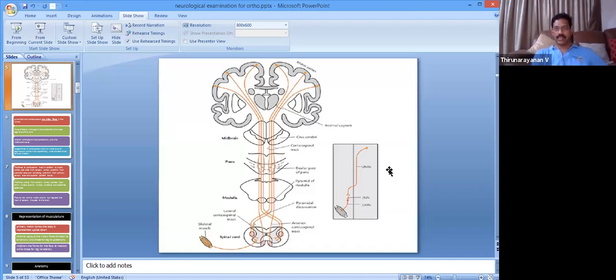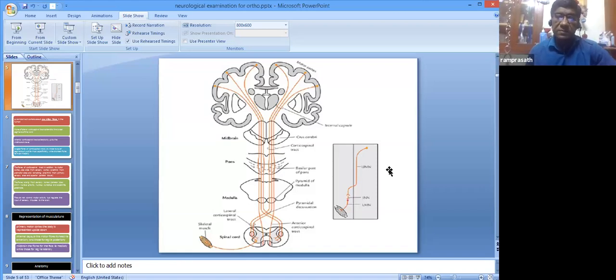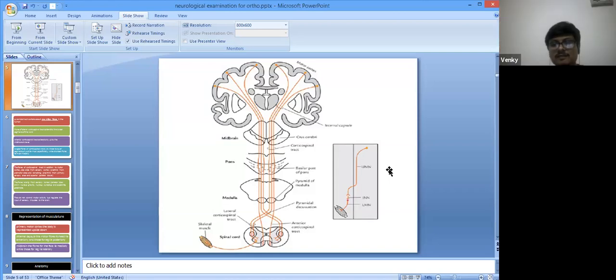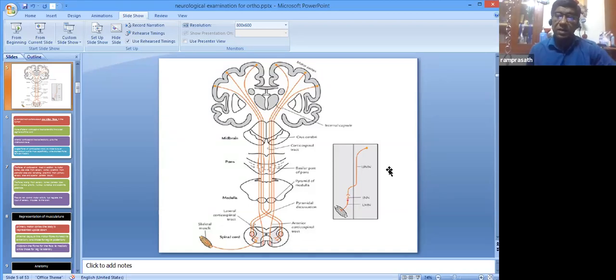Agni, do you want to ask any question? That's what I was telling at the beginning of our discussion itself. His presentation deals with all the basic concepts of neurological examination, which we also have to learn. Apart from that, what he has told is that orthopedic surgeons have to know your limit. If you come across Charlie Chaplin gait or festinant gait, this is not your bread and butter. You have to send it to a neurophysician. He also listed a few gaits in the next class, all of which we don't routinely come across in our orthopedic practice.